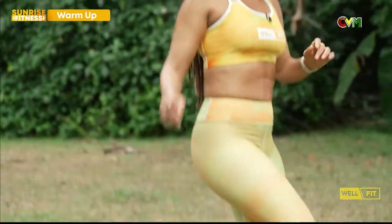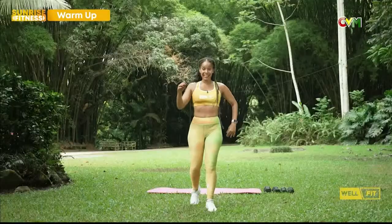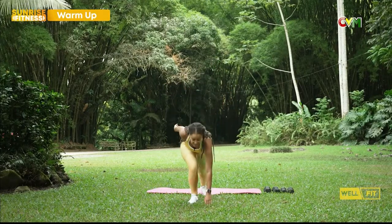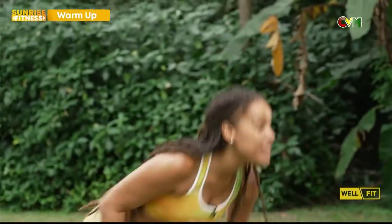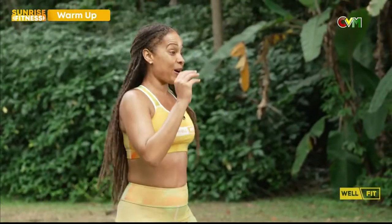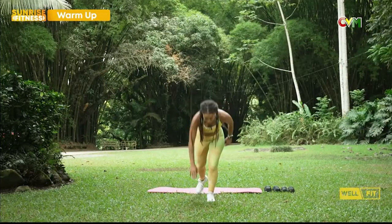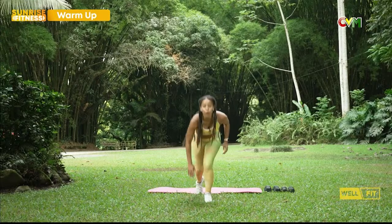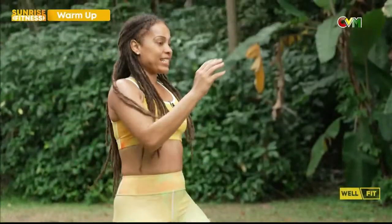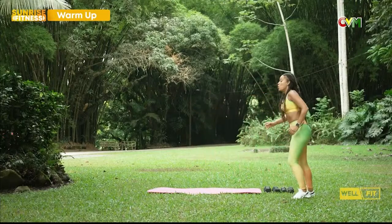Now we're gonna step forward all the way back. Heel up, down. Staying on the right, left back, up and down. Let's go. 4 more and 3 more, 2 more and 1. Let's switch. Left heel up, right back, up, back, up. 4 more. Let's go. 4 and 3 and 2. Last one. Okay, now we're gonna start right here, jogging all the way up